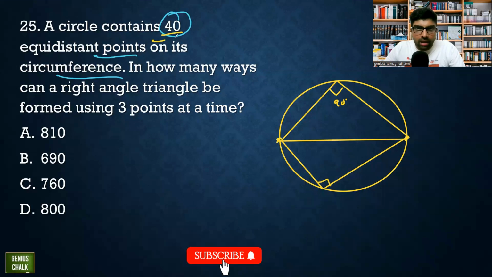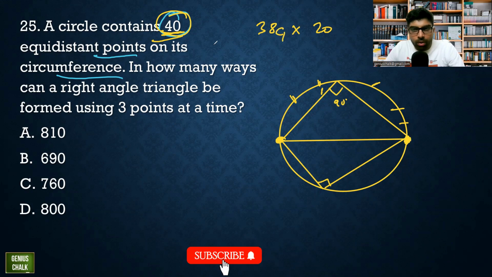So what is my learning? My learning is that from 40 points, 2 points are fixed, they must be the diameter ends. So from these 40 points, I can make 20 diameters. Now 2 points I have taken from those 20 diameters. Now how many points are left? 2 must be the diameter, the rest are how many points? The rest are 38 points. Only 1 point will be taken.